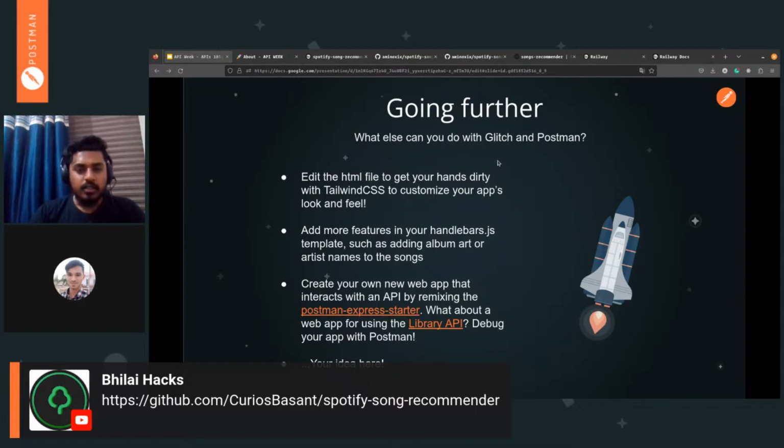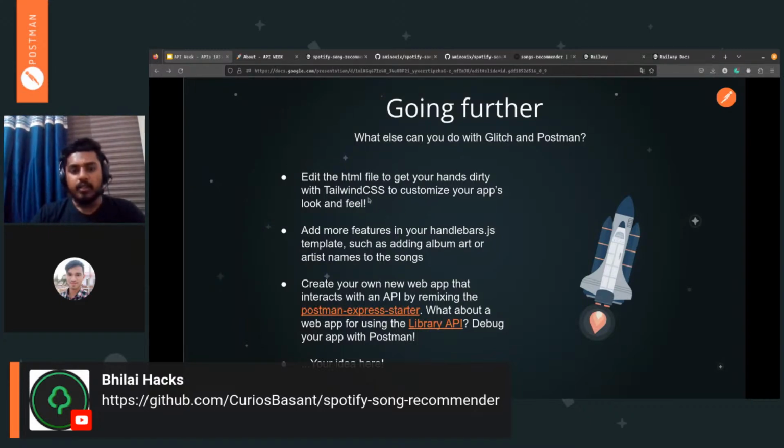And Glitch is a platform where you can build and do real-time hosting as well. So you can just use it out. You can find a lot on my screen about Glitch and all, right? So you can just check it out as well. It's something like Replit, if you have gone through it. And meanwhile, you can just